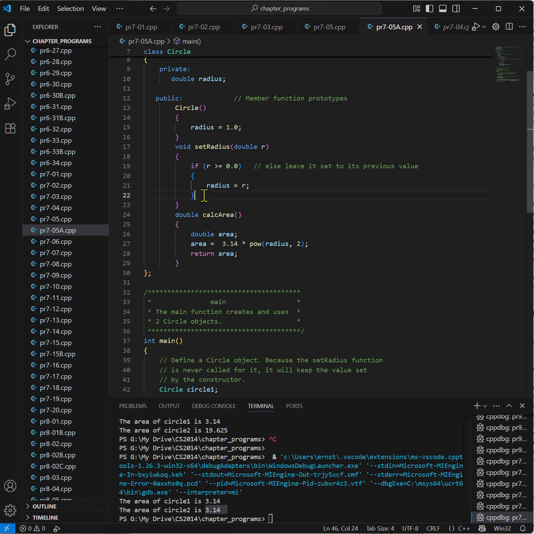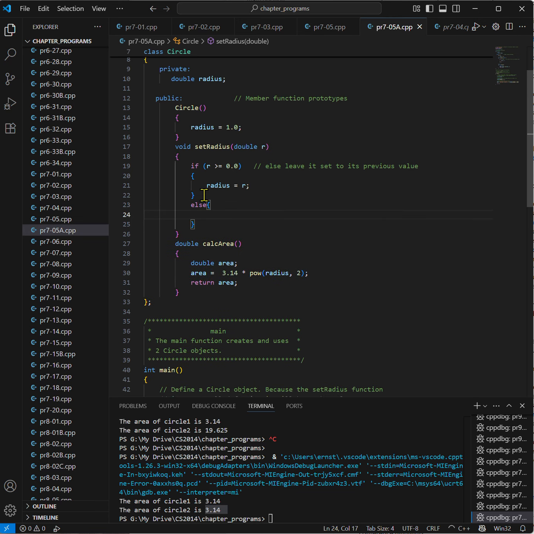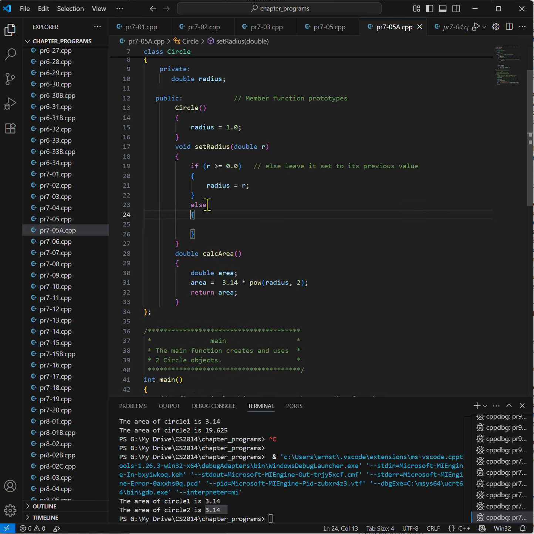if we want to change that, then what we could do is else, and let's just give it a C out over here. C out the radius here is negative,